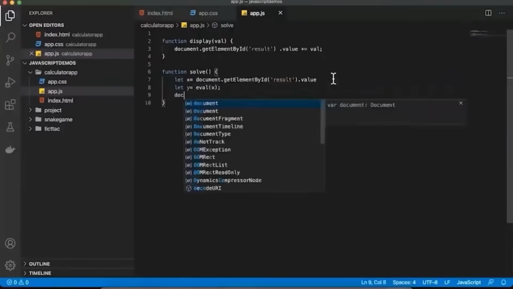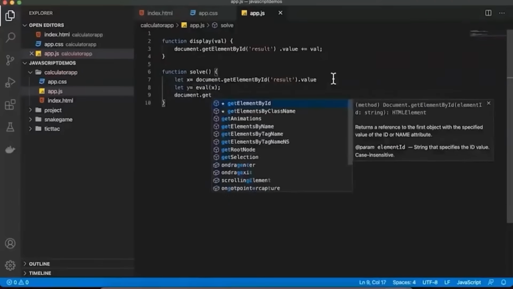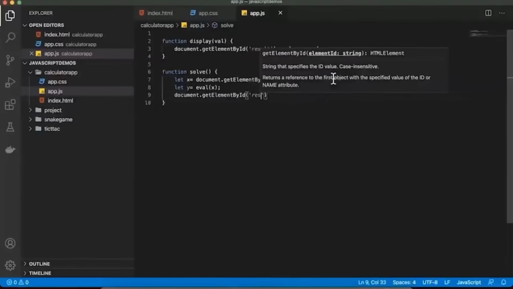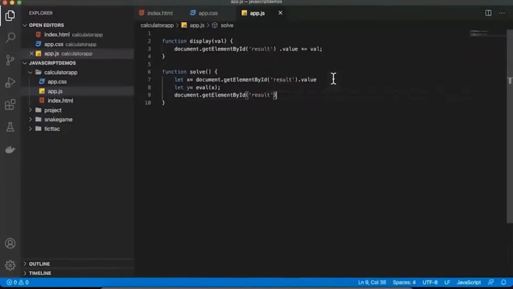The next statement will again be document.getElementById result dot